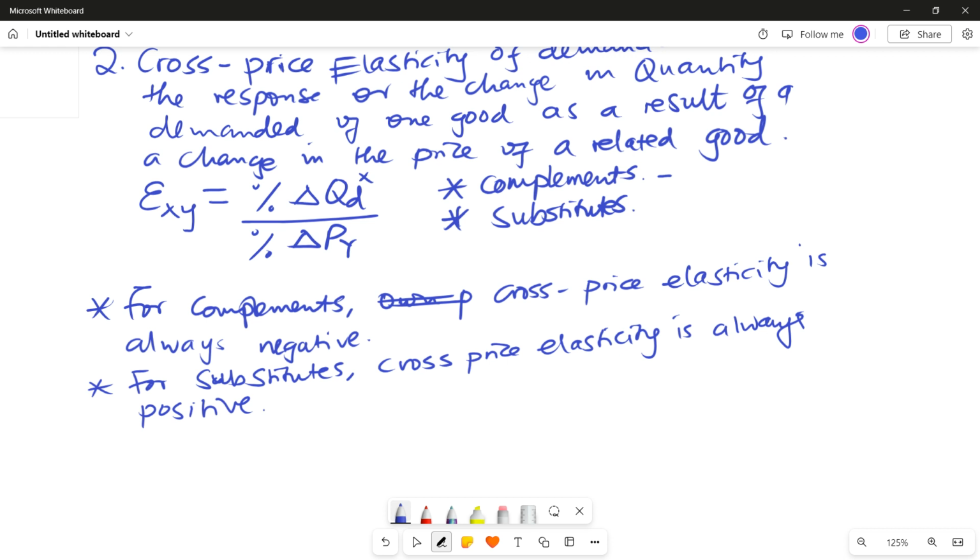Why is that the case? Well, we know that if I've got two goods, good X and Y, and these goods are substitutes, if there's an increase, let's say, in the price of Y, I'll just do away with Y and go to X. So the price of Y is going up, and the quantity demanded of the other good also goes up, I will demand more of this good. So the denominator is positive, the numerator is also positive, which means that our answer will be positive.